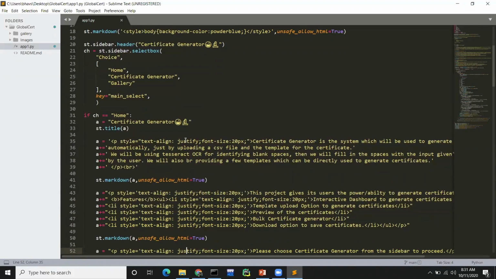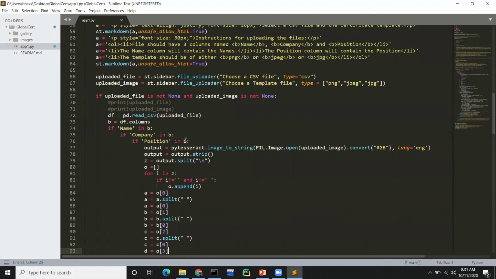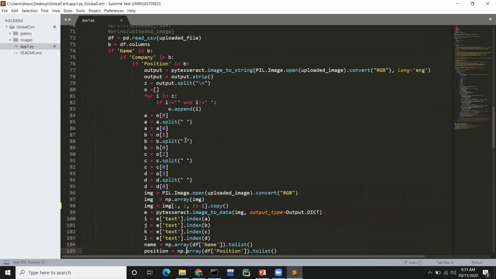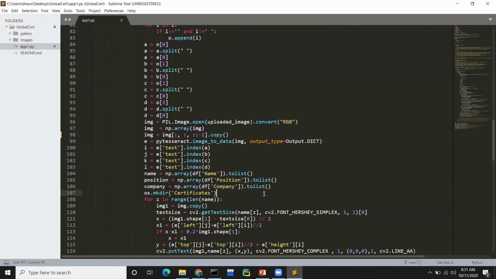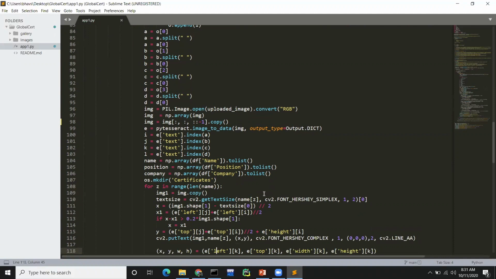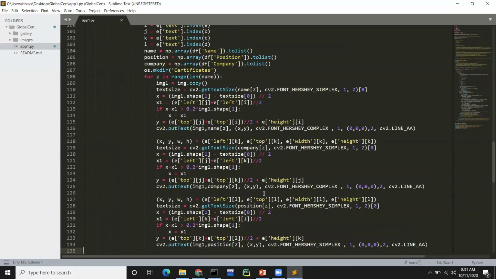Few front end parts of our code here, and now comes the main part where the magic happens. How we detect the sizes. First, we extract the text using PyTesseract over here. Using that, we first detect all the text on that. Then we find the exact location using our OpenCV and our image processing skills. Then we get the text size of how much space it will take up in an image, and we'll determine